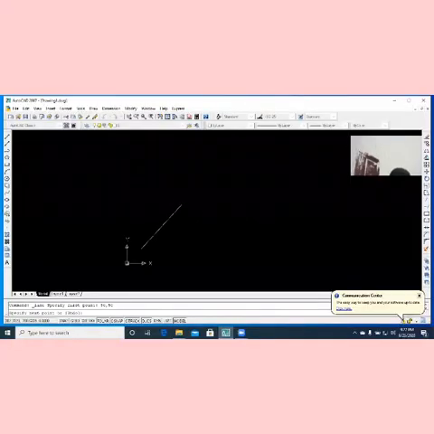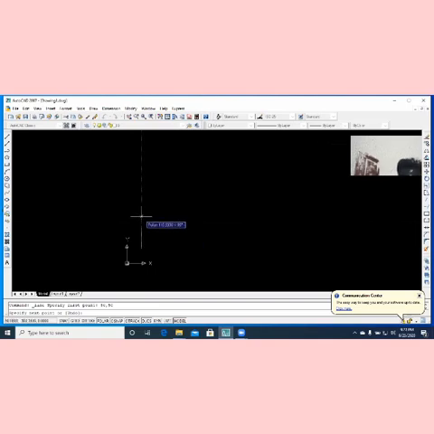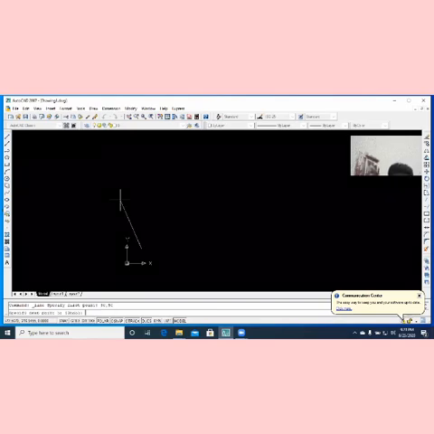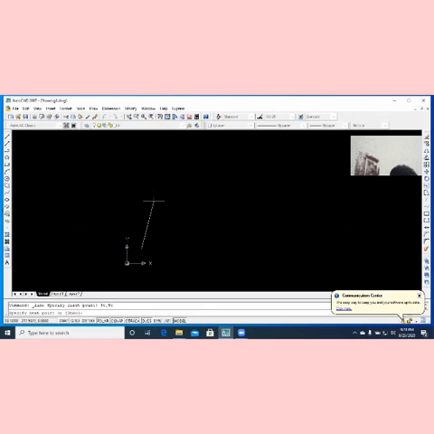So now you start with a line command. You pick your line command, and then you specify the first point. You type 50, 50, and then you enter. Then you type the next coordinate, which is 250,